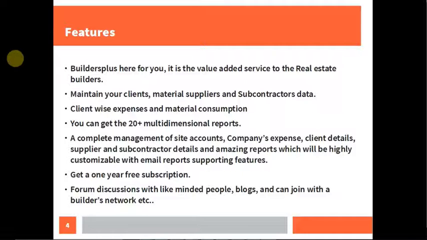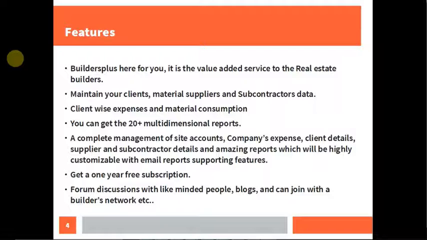You can get 20 plus multi-dimensional reports, a complete management of site accounts, company's expenses, client details, suppliers and subcontractor details. All the reports you can get in a customized way. If you want, you can enable email reports also.